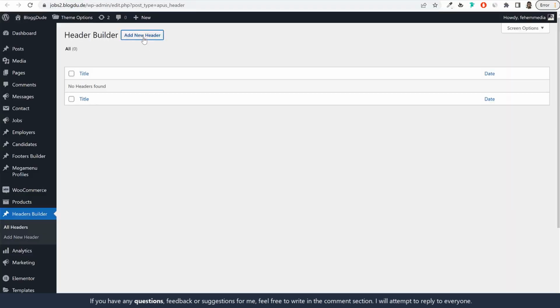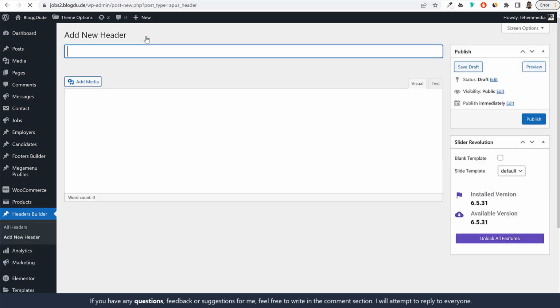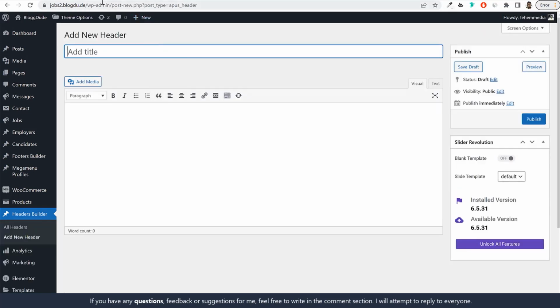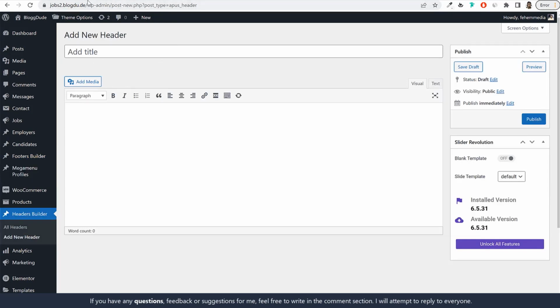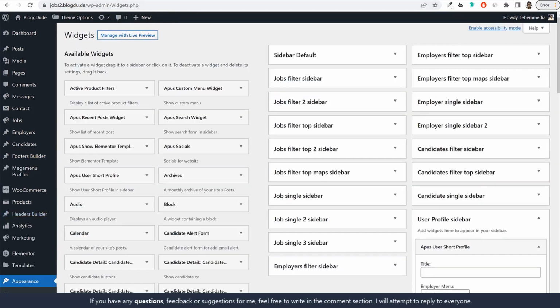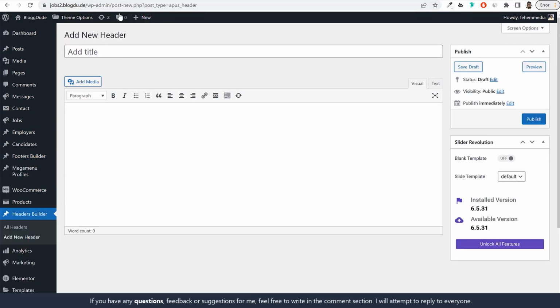So first let me open the header option, click on add new builder. In fact, before we add a new builder, let me do one thing. Let me import these header and footer templates as well. And we cannot use Elementor with this, but we do want to use Elementor. So we'll have to enable Elementor for header and also for footer. And then after that, we'll also have to import the elements. So first of all, let's enable Elementor for header and footer